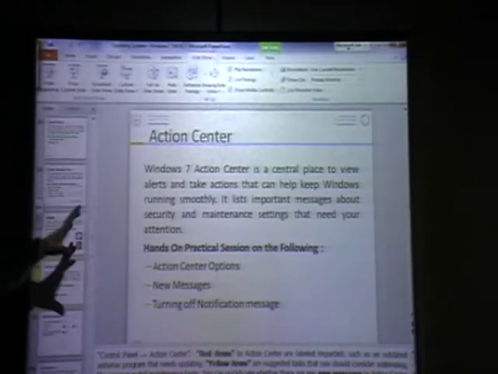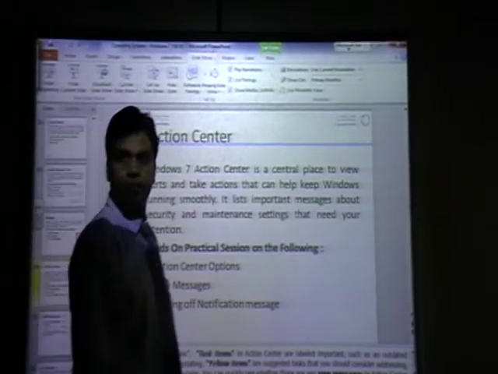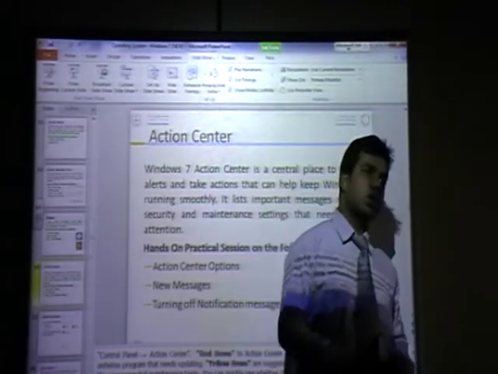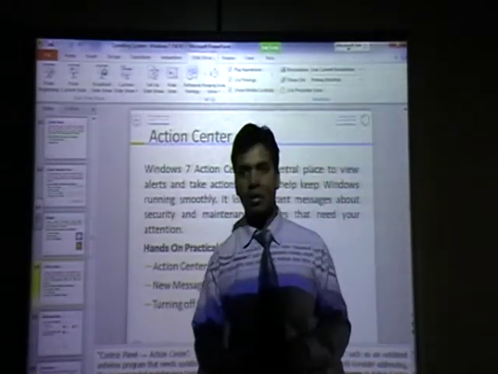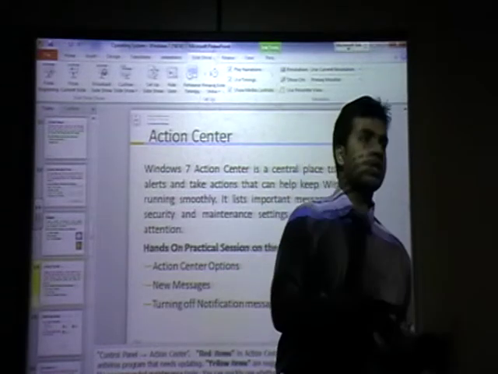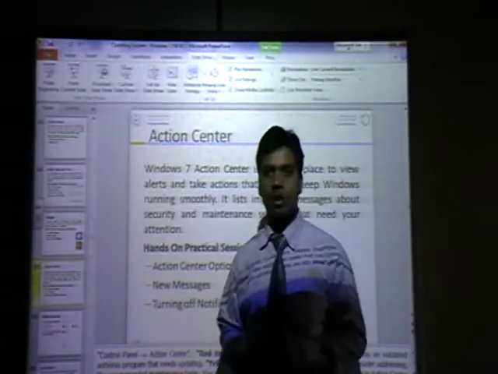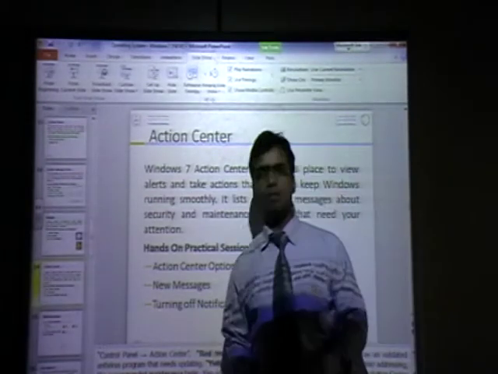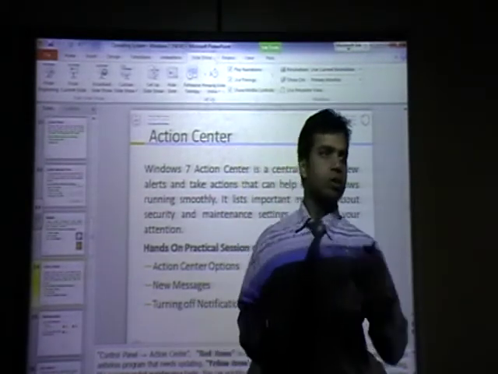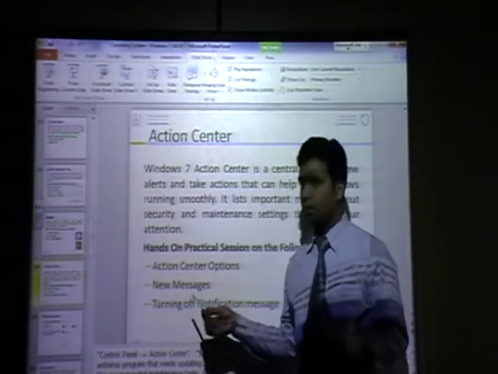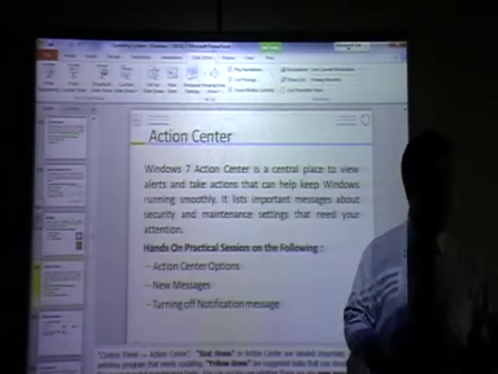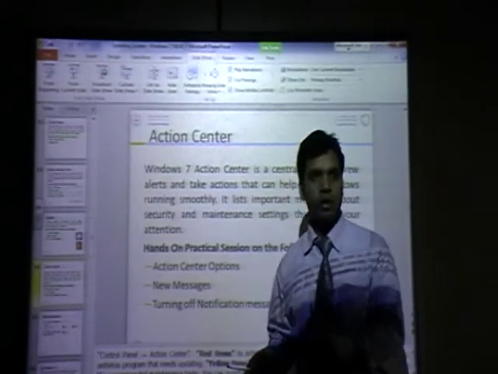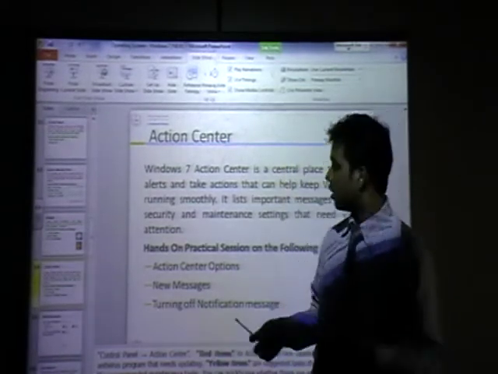Next I will tell you action center. This option is used to control your computer users, various users on your computer. For example, if your computer is used by more than one person, you can give some controlling power. You can control the user access, means how many programs each user can open and which program he cannot open.